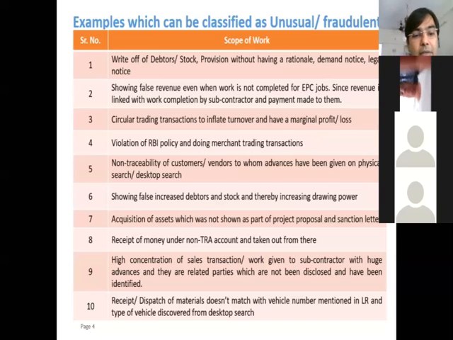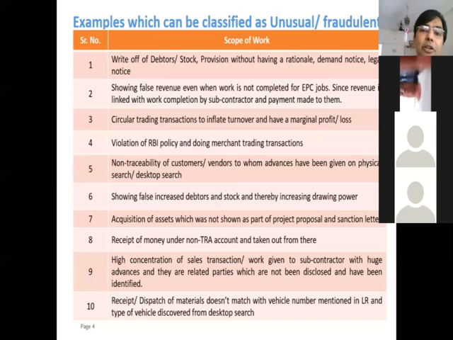The next observation which we usually come across is that the money earned from the operation is being parked in a non-PRA account outside the consortium, and it is being taken from there. There is a high concentration of sales transactions, or the work is being given to a subcontractor. This we discussed. Then we also compare the material movements, whether they have been genuine or not,